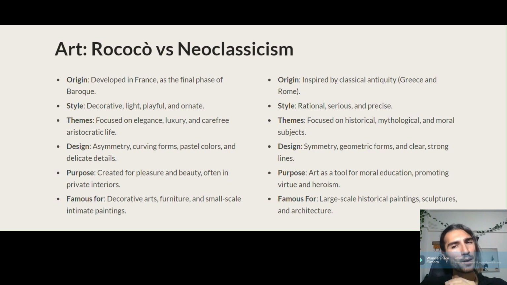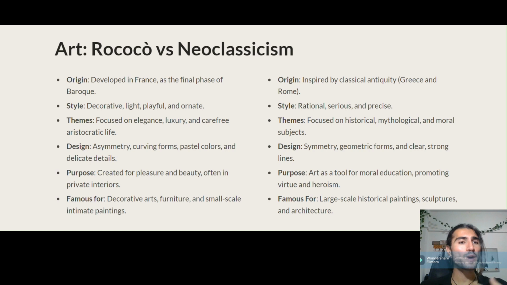The style became popular after the death of King Louis XIV of France in 1715 and lasted until the start of the French Revolution in 1789. During this time, Rococo became the dominant style, especially in France, but it also spread to other countries. The Rococo style was often used in aristocratic interiors, such as in the salons of Paris, where the nobility gathered for conversation, entertainment, and intellectual discussions. In Italy, the final period of Baroque art was referred to as Barocchetto.